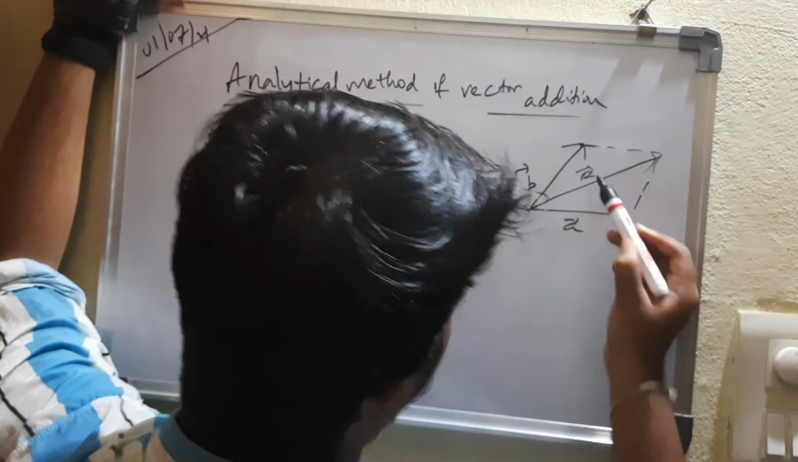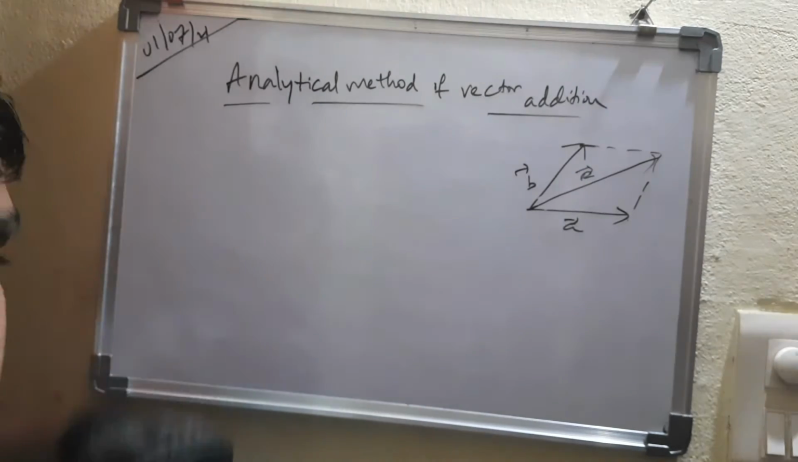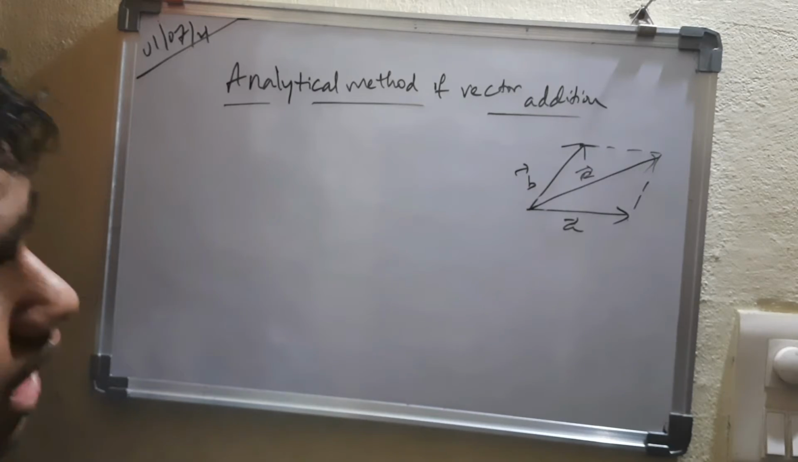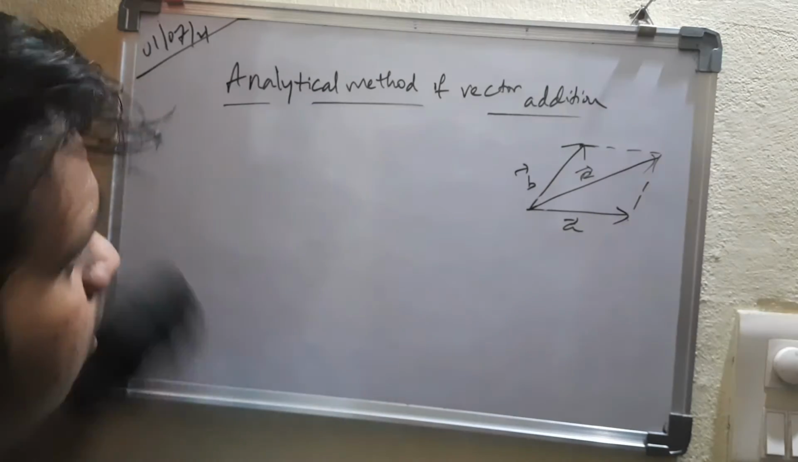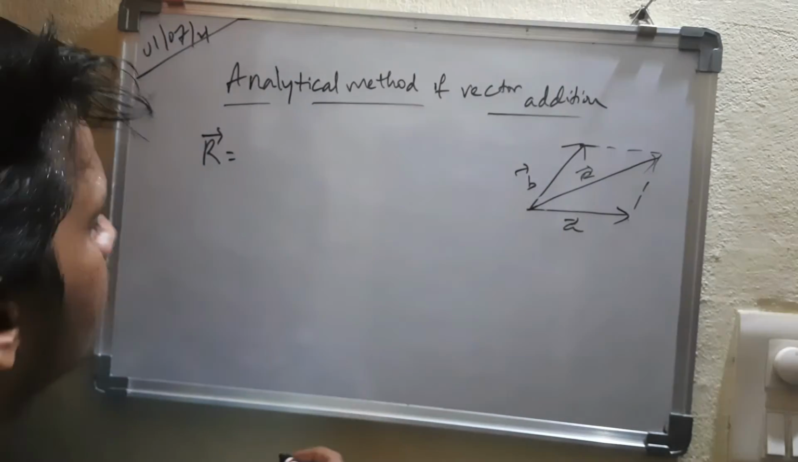Resultant. Okay, now how would you find the resultant without drawing the parallelogram? During examination we cannot draw this parallelogram. So we have to have a formula to find this. Okay, the formula is R equals